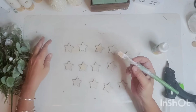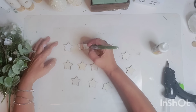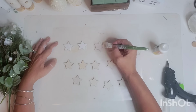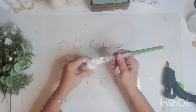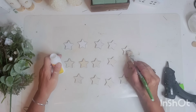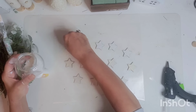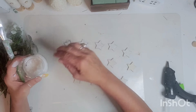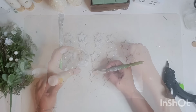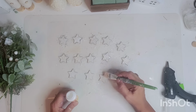They don't move around. And I go ahead and I paint them, pick the whole sheet up, put it aside to dry. But in this case, I'm not really painting. I'm just going over the natural wood of these stars with my Mod Podge. And I'm going to glitter them with the Dollar Tree glitter snow. And the other good thing about putting them on the contact paper is the glitter doesn't go everywhere. And while I have my contact paper out, I'm also going to go in and glitter